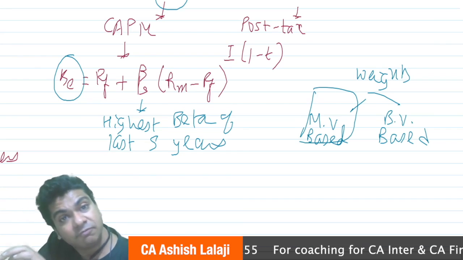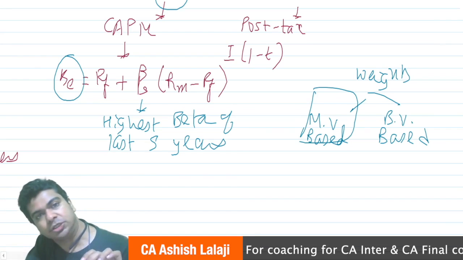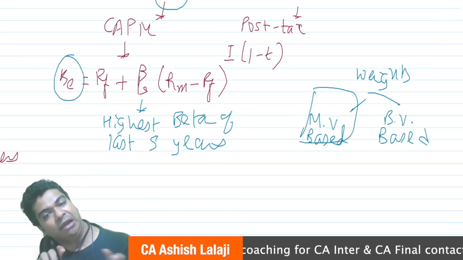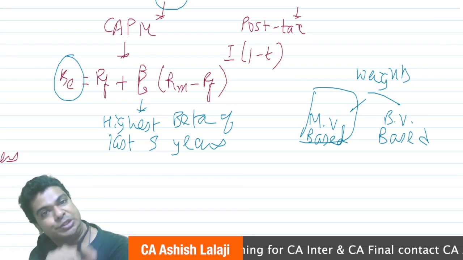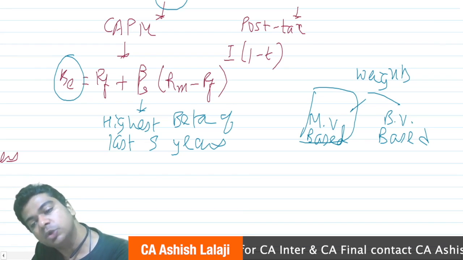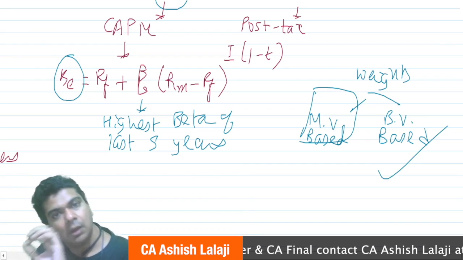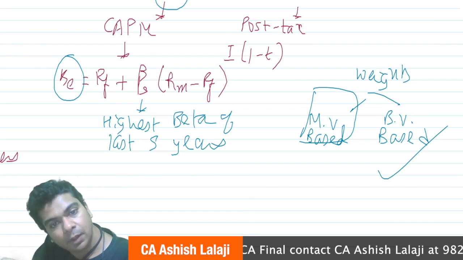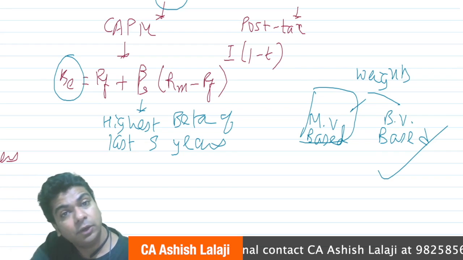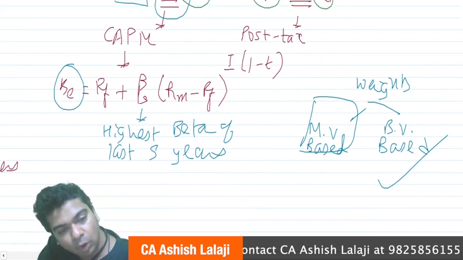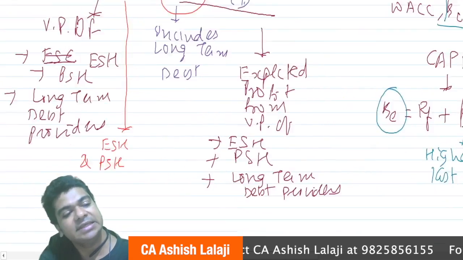Book value weights are weights which will be from the balance sheet, right? So from the balance sheet, I'll work out the weights. Stern, Stewart and Company have suggested that you should use book value based weights. Why book value? Because when you calculate the total capital employed, when you calculate the TCE,